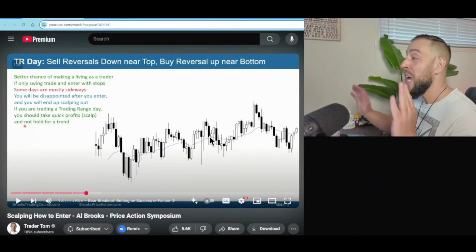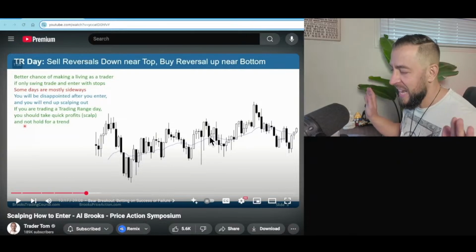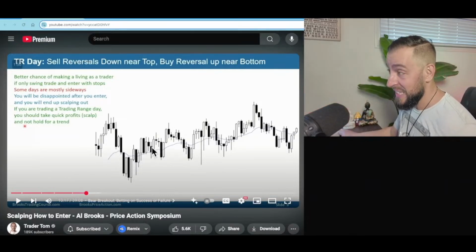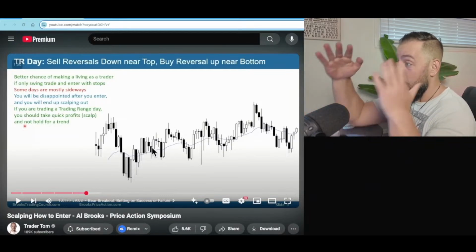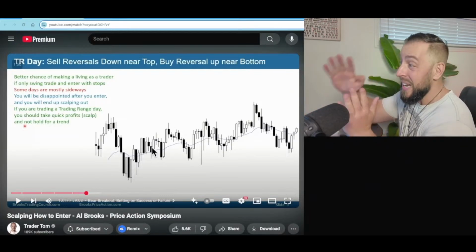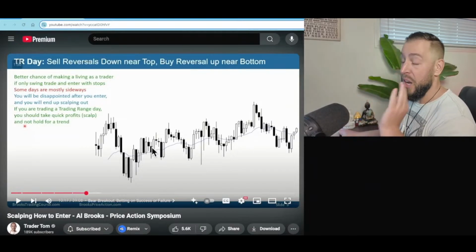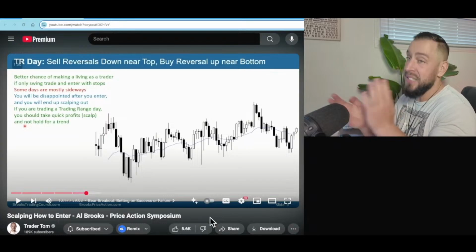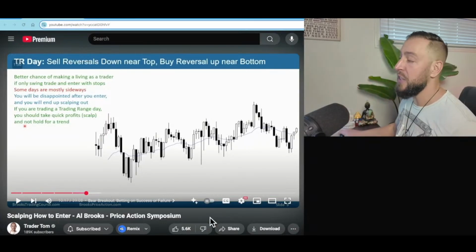And how can you tell? If you want to forget everything I said and just remember one thing, just look at the size of the tails and all of the overlap. Do you see how all the bars are kind of smushed together? That's a signal of trading range price action. And that will tell you hints as far as what kind of trades you want to be looking for.